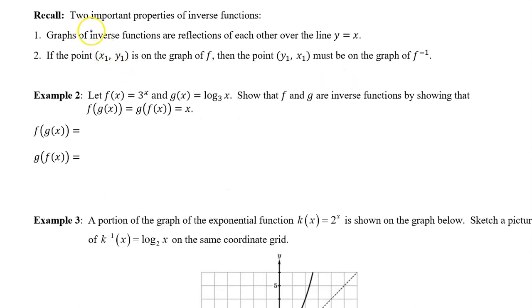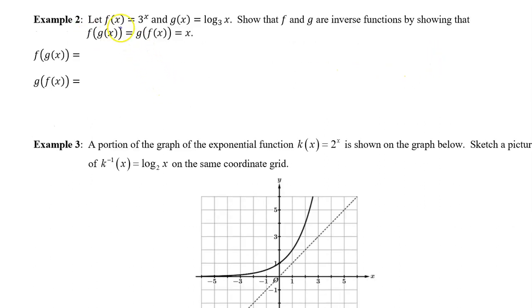Also, recall these two important properties of inverse functions. The graphs of inverse functions are reflections of each other over the diagonal line y equals x, and if the point (x1, y1) is on the graph of f, then the point (y1, x1) must be on the graph of f inverse. Example 2. Let f of x equal 3 to the x power,